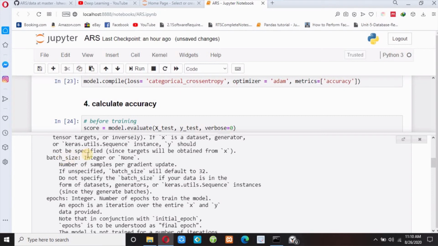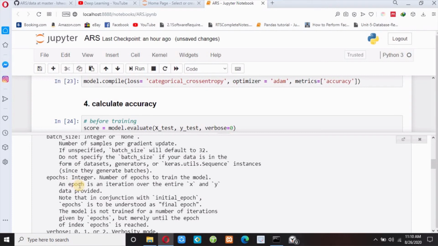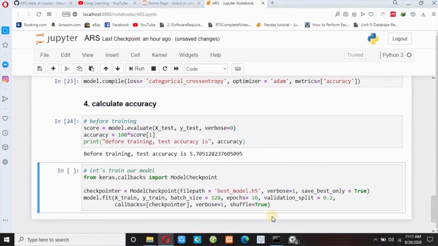So this batch size means the number of samples per gradient update, means it will analyze our data in batches or groups. And then this epochs means I have passed epochs equals to 10, means an epoch is an iteration over the entire x and y data provided. Since I have passed epochs equals to 10, it will analyze my data 10 times, and out of these 10 times this checkpointer will save my best model.